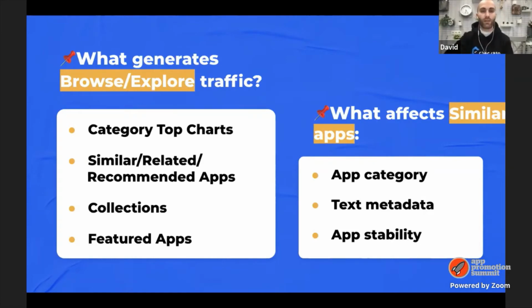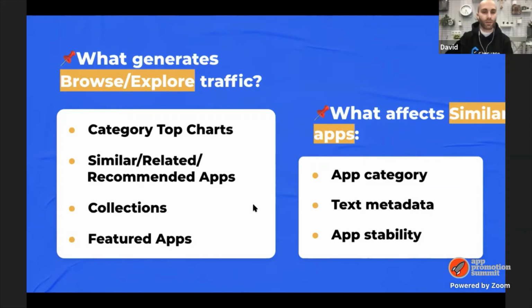So let's have a look at the sources that generate this type of traffic. It can be category top charts, similar apps, related apps, recommended apps, different collections, featuring apps, stories, and so on. But usually, most of the traffic comes from the similar apps section. Store algorithms suggest the user install your app on the app pages of your competitors. We describe the factors and patterns affecting the performance in our big research, and it will be publicly available soon, so stay tuned and follow our new blog posts. But now let's take a brief look